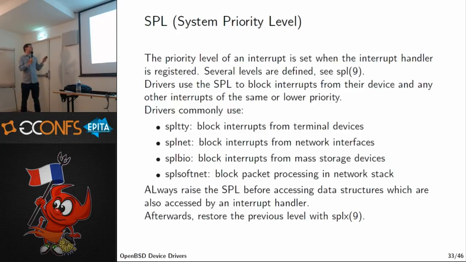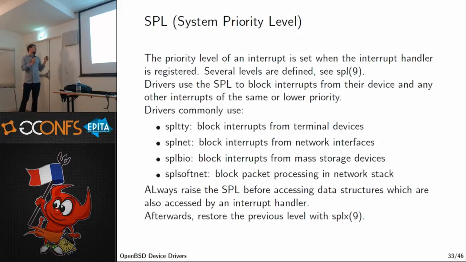So the system priority level disables a certain class of interrupts, always the one you want to disable plus some other lower priority ones. And so there's a fixed set of names of classes of interrupts you can block. And whenever you have a data structure, like in the softc, for example, which can be accessed from both interrupts and from other contexts, you need to use the SPL. You'll see a lot of these. I think in other systems like FreeBSD, they're not as relevant anymore because they use a lot of threads for interrupts nowadays. But for us, it's still the thing to do.